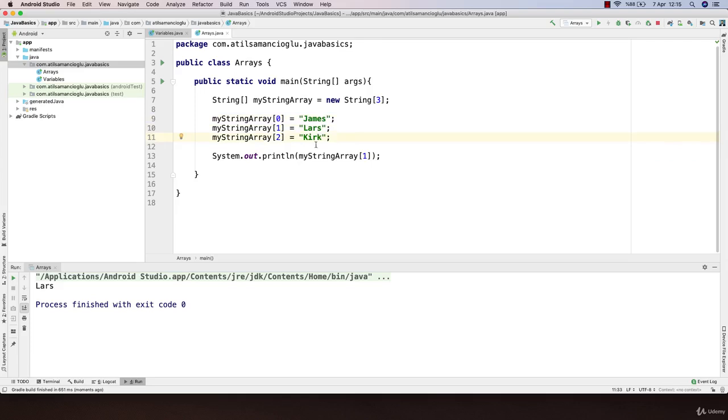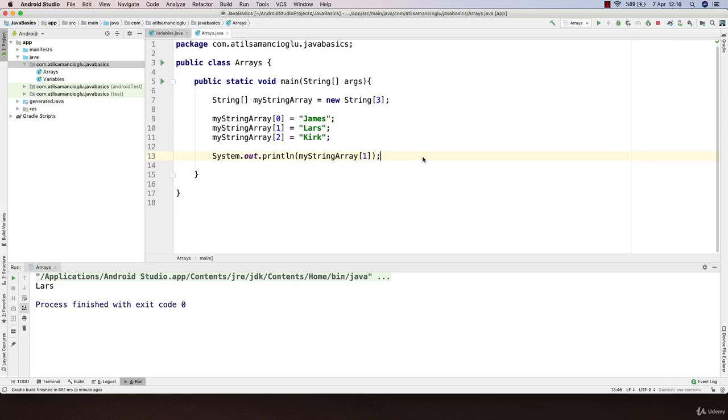But maybe you can think something like that. I have 3 elements over here, and I knew there was going to be 3 elements. But what if I don't? What if I don't know what kind of an element there is going to be over here? Like how many elements? I don't know. I'm going to download it from the internet. Maybe it will be 900, maybe it will be 1,000. How do I initialize this? Don't worry, we're gonna work on that later on. Right now, you just try to understand